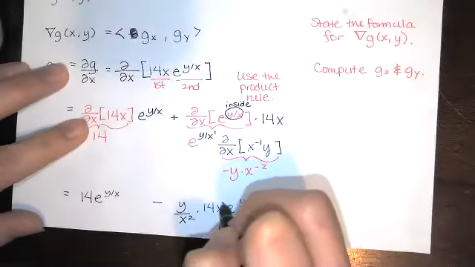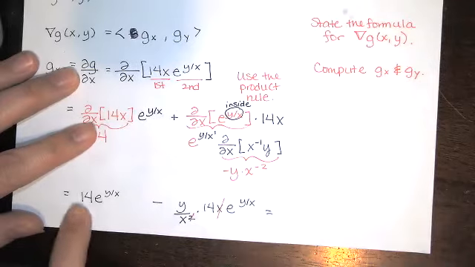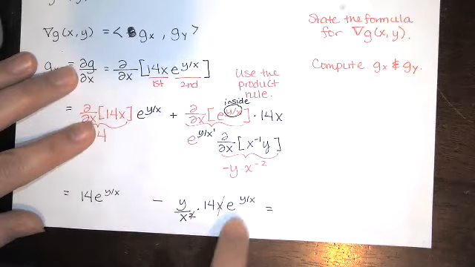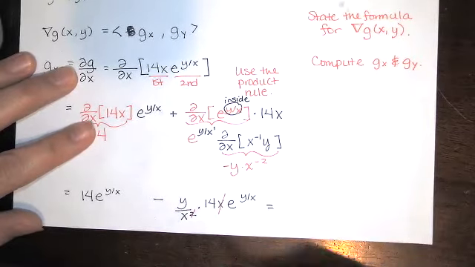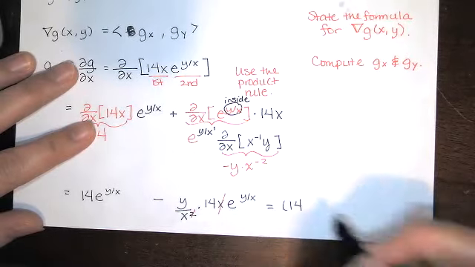And one of these x's will reduce. And so what we get is 14 e to the y over x minus 14y over x times e to the y over x. Or if you prefer, you can factor out the e to the y over x. And you get 14 minus